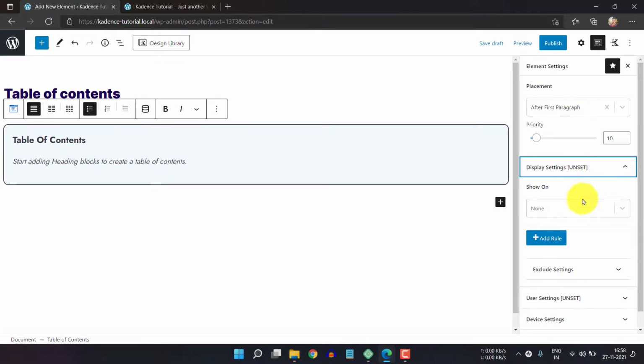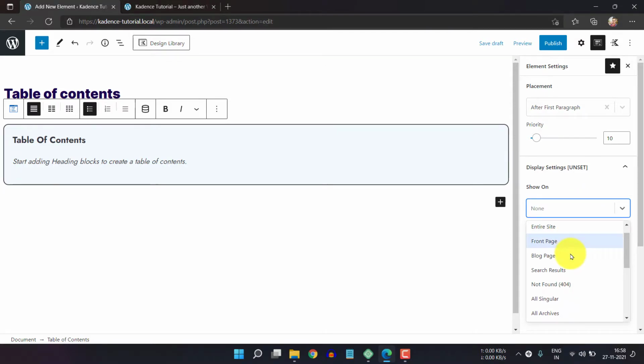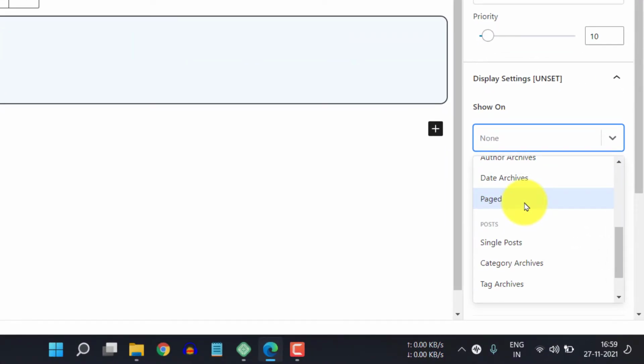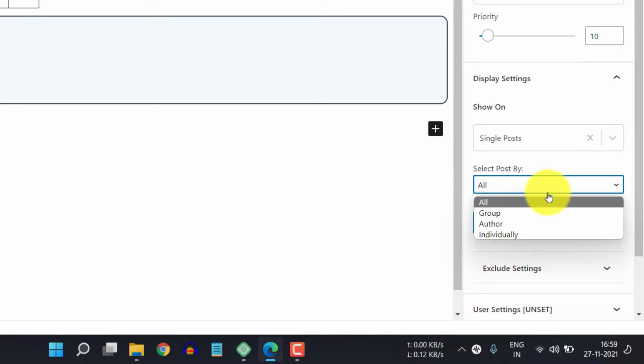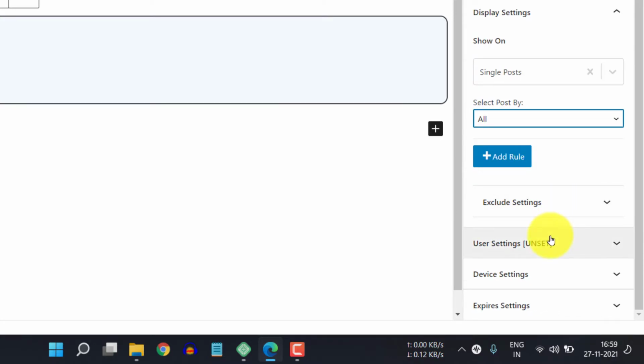Now click on the display setting and click on blog post. Here I will click on the single post section. Now you can select all blog posts, or you can add an individual blog post or individual author. I will click on all, and here you can also exclude this table of content from certain post categories.